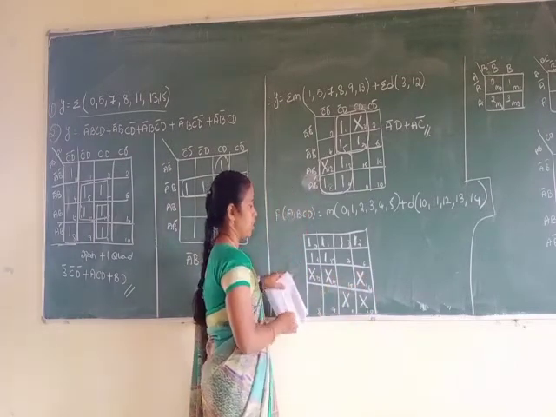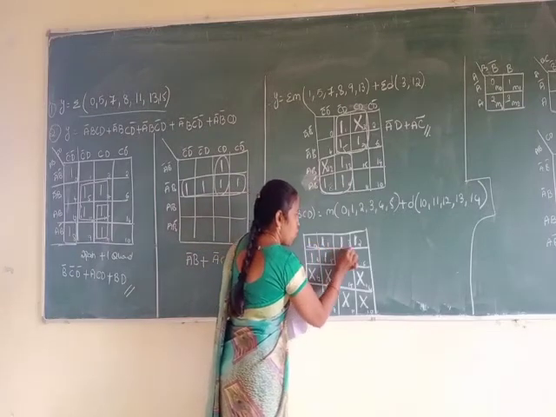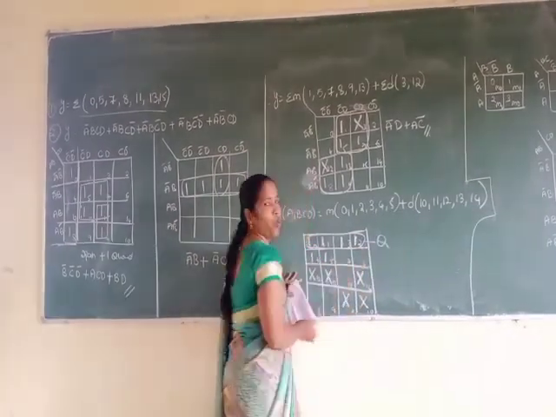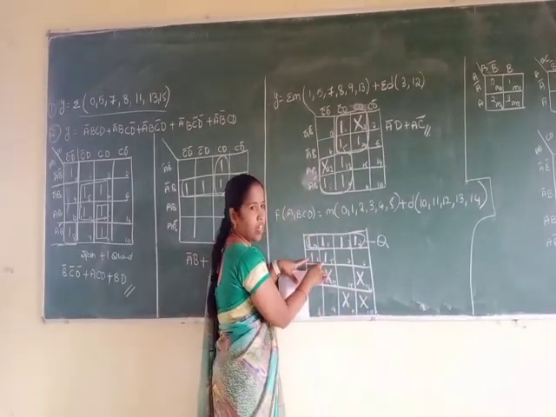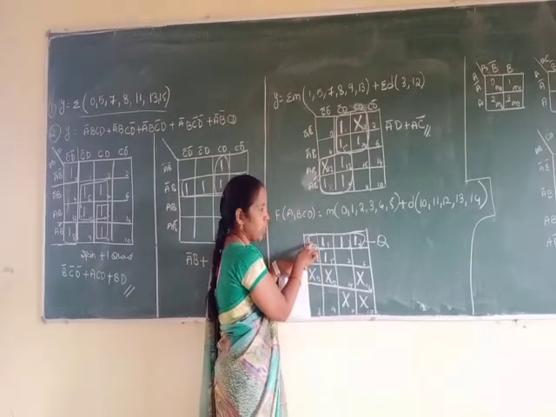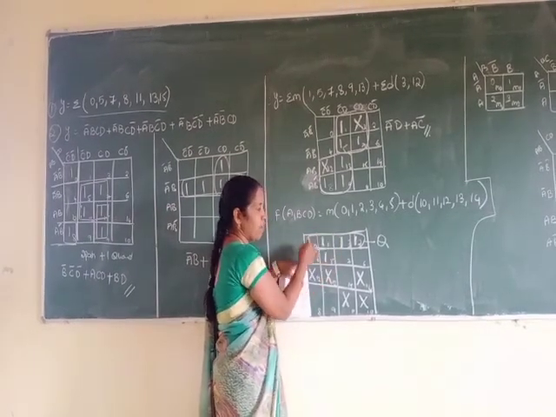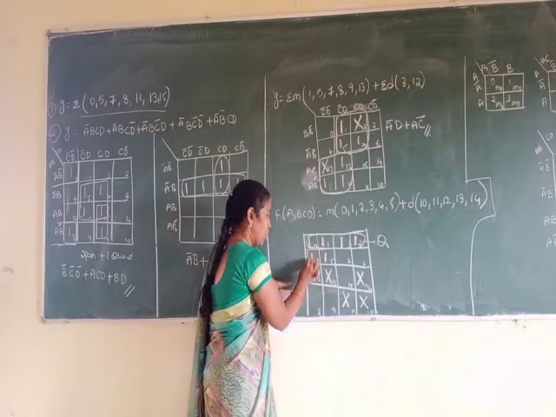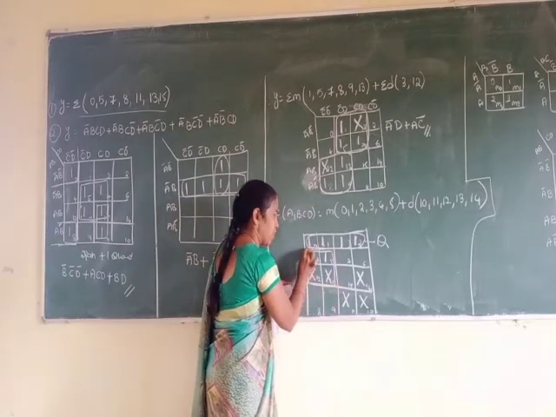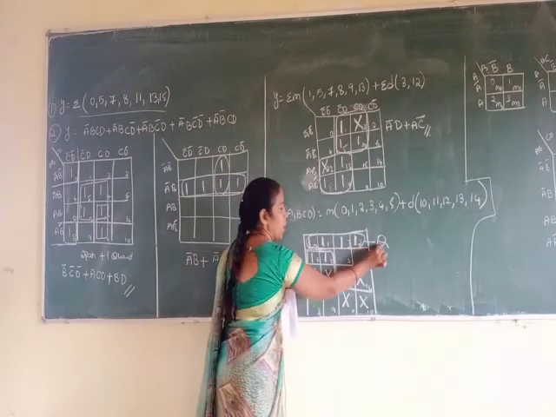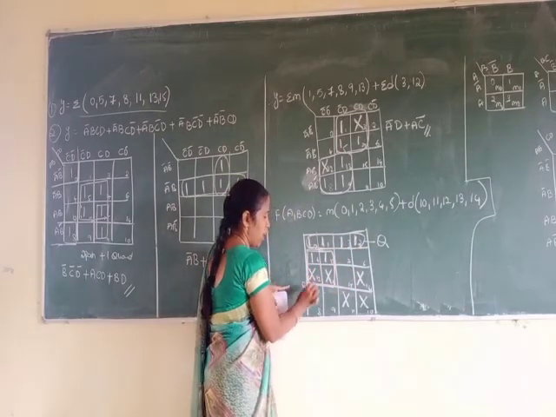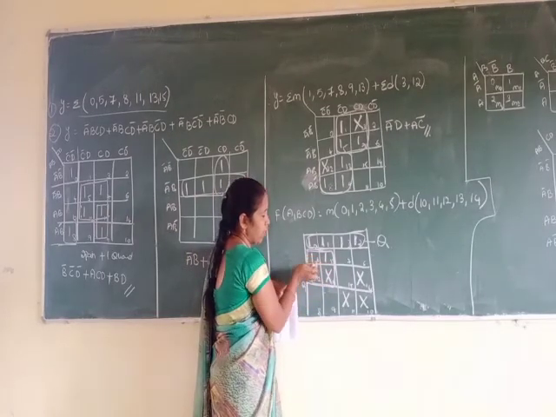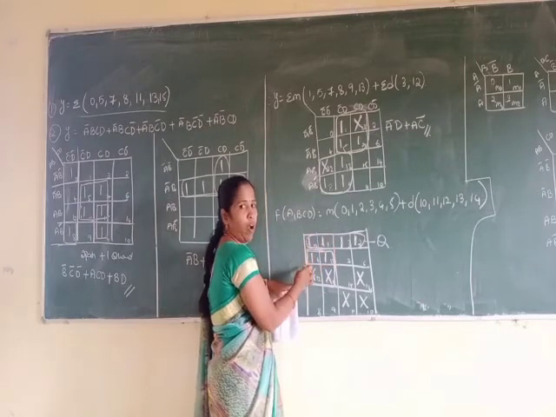And in this place you have the don't care condition. If you check, these 4 ones are adjacent to each other, so here you get one quad. If you take these 2 ones, they can be included within the previous quad only, so you can get one more quad. When you take the don't care condition, you can make it a separate quad here. So here one quad, and these 4 ones you take as another quad, including the don't care condition. If you want to leave this don't care condition, then also you can make one quad here.